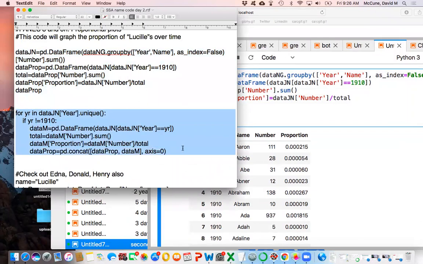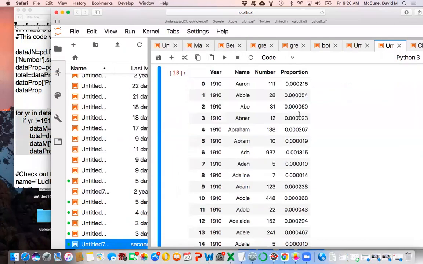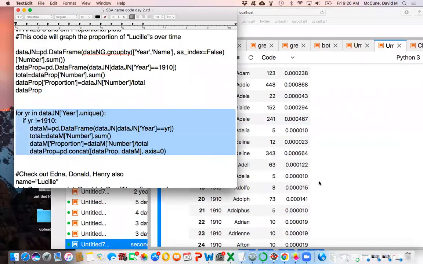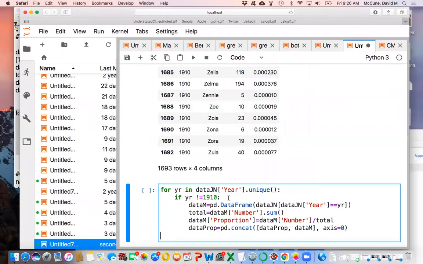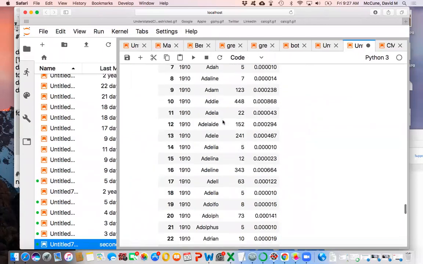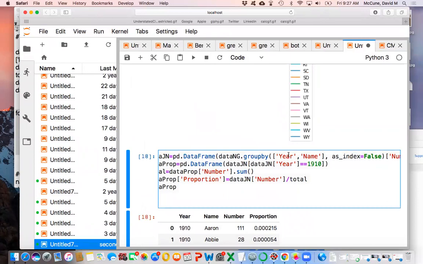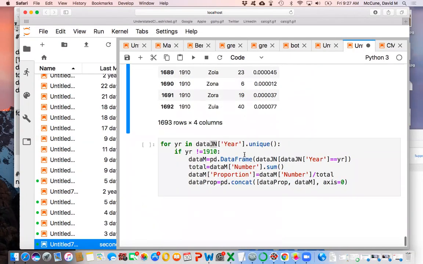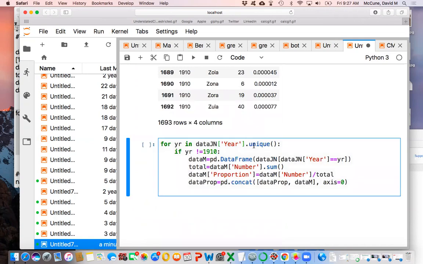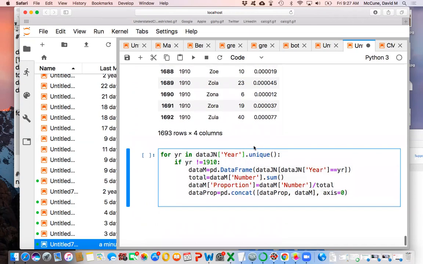Okay, so now I'm going to do another for loop. What this is going to do is, let's just walk through it inside the cell. It's going to go inside the just names data frame, so not the prop. JN means just names. So year, name, and you added up the number of names. It's going to go in there by year, and this dot unique thing, which Ian pointed out I'm missing from somewhere else, will probably fix my issue from earlier.